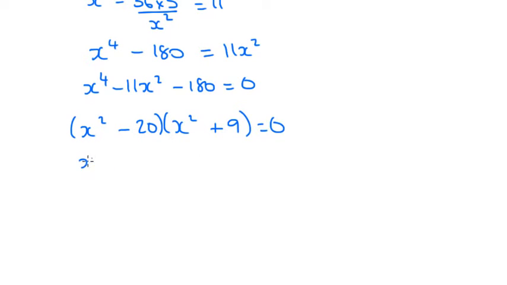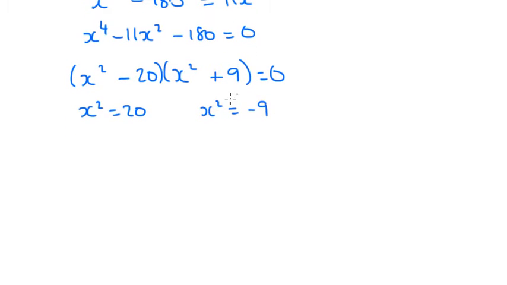So that tells us that x squared is either equal to 20 or that x squared is equal to negative 9. x squared can't equal negative 9 because x is real. And so x squared is equal to 20, or x is equal to plus or minus the root of 20,